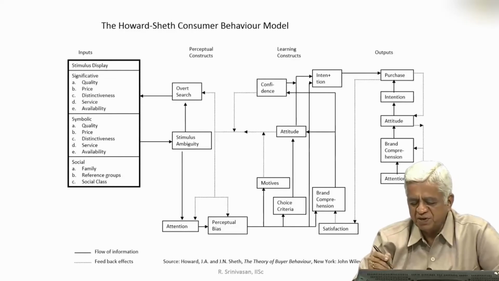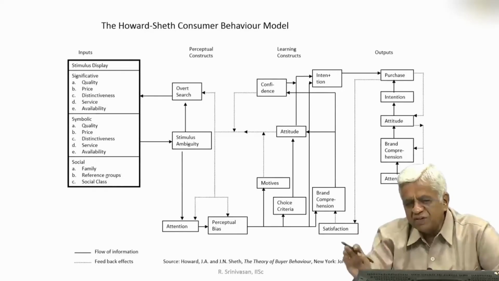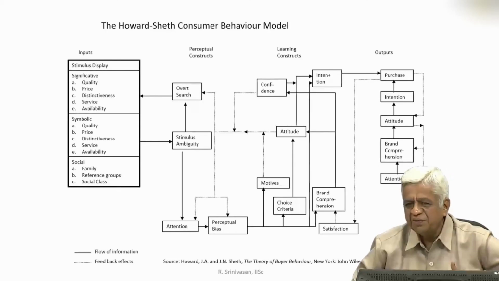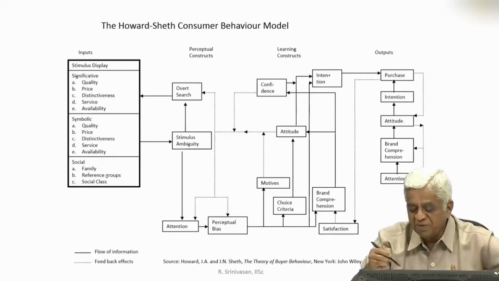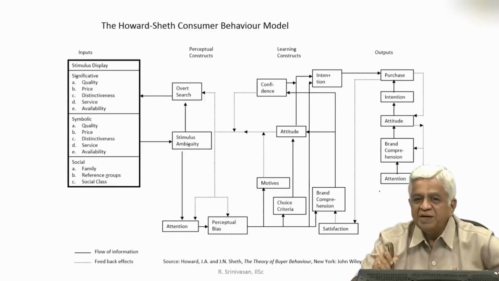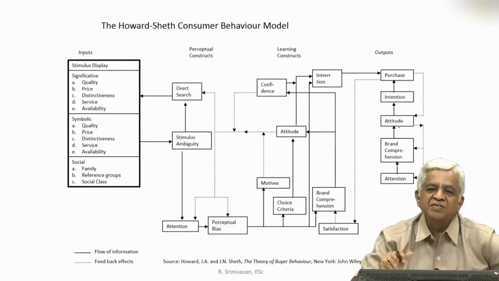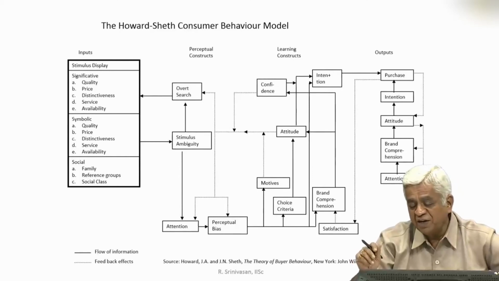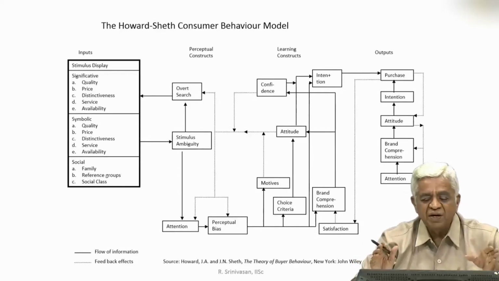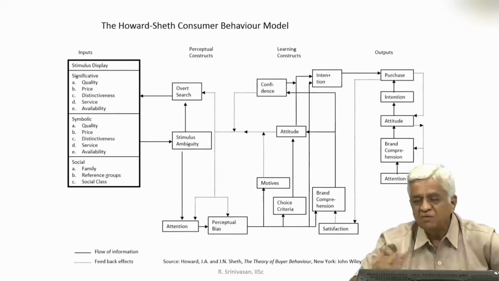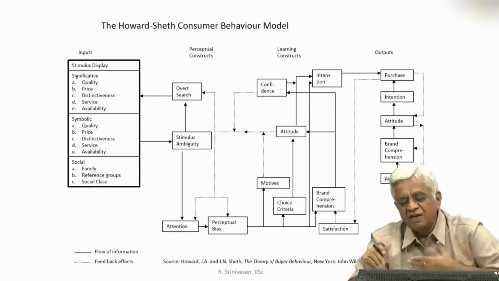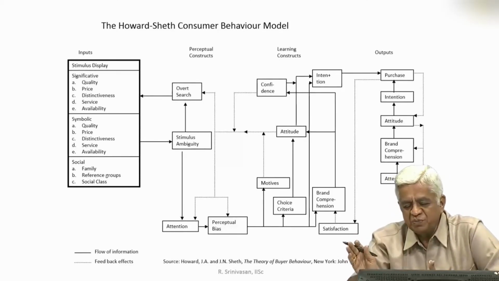When he purchases this product, the next thing which we are seeing is satisfaction. It typically means, after the use of your product, how satisfied he is with respect to your product usage, and that determines whether he is going to give better feedback on your product for the next prospective customers. So this word of mouth publicity is very important in marketing. All these are exhibited in this wonderful model of Howard Sheth. The first one is inputs, resulting into perceptual constructs, learning constructs, then coming out with outputs.